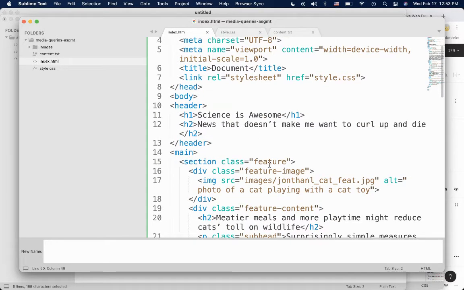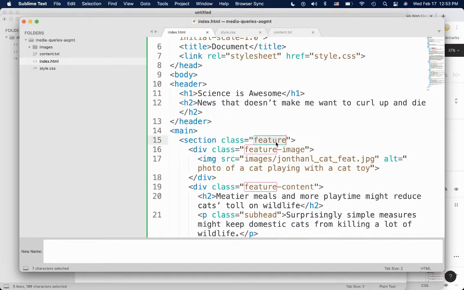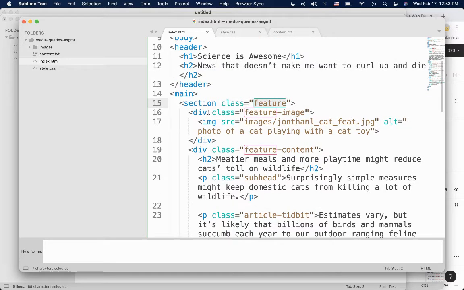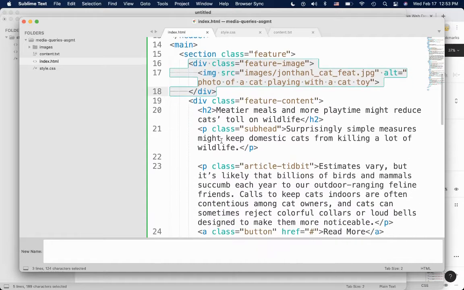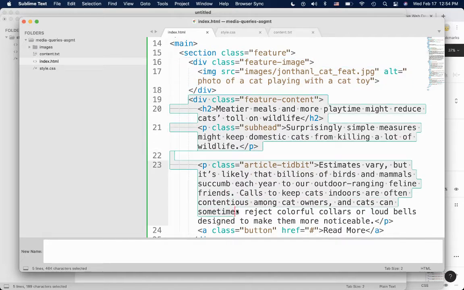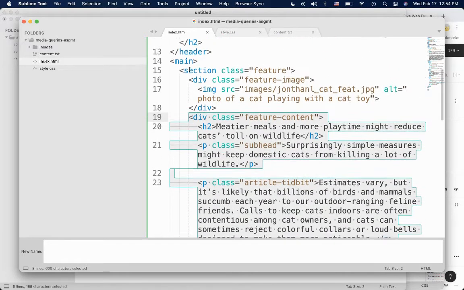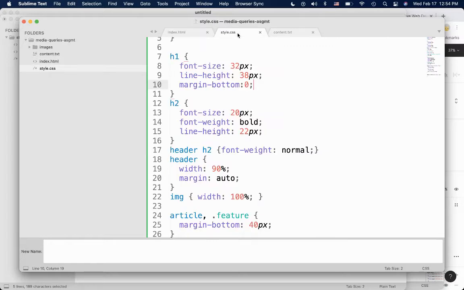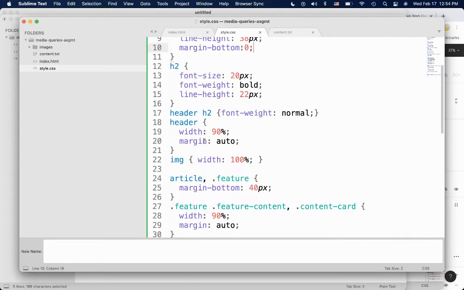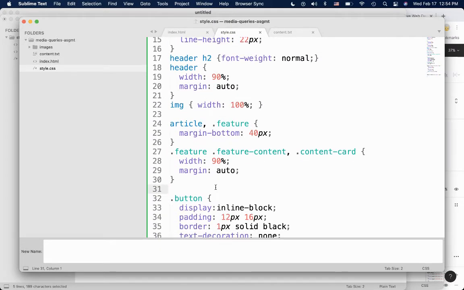So feature section. So feature is where the flex is, and it has 2 children. It has the image div, and then it has the content div. So it's gonna see these as 2 different columns. So that's perfect. So let's call feature. We're going to say, so I'll make a new one down here and say feature